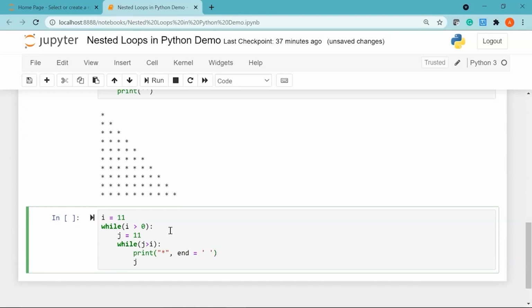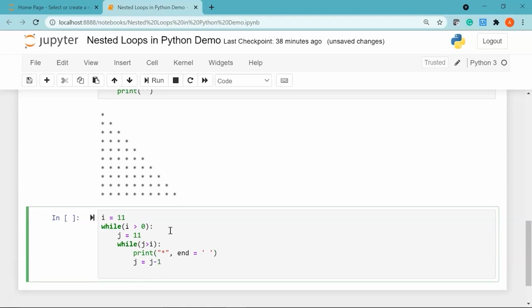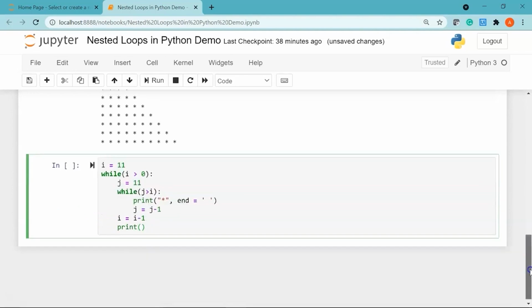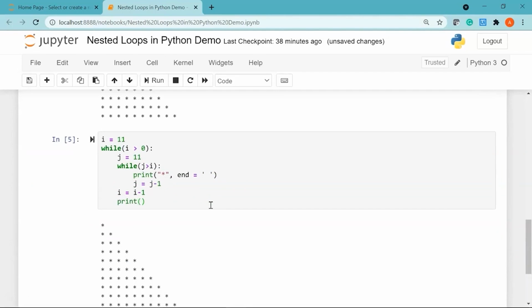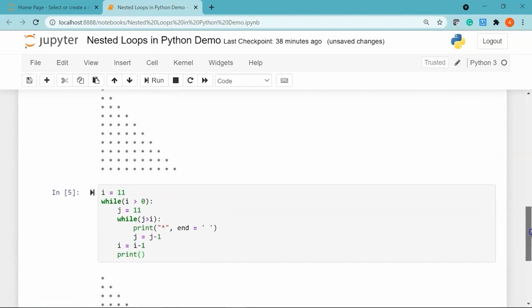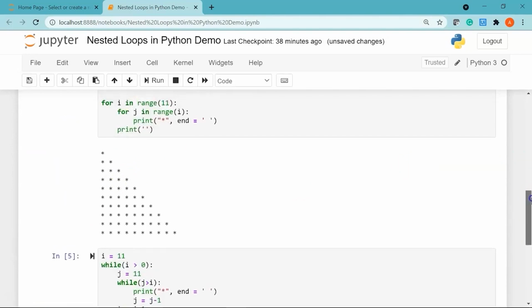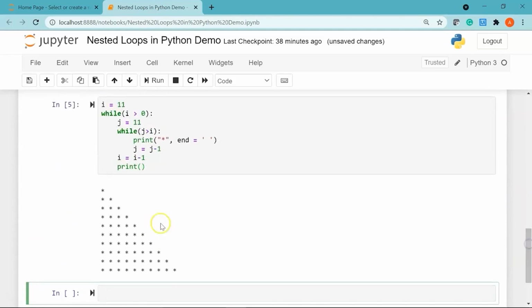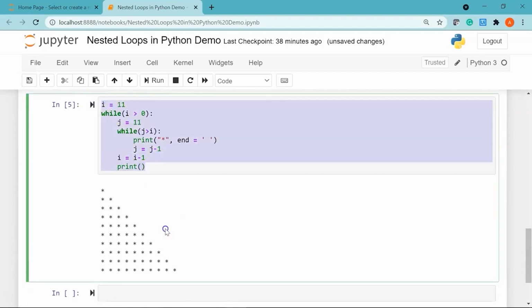Then we are going to decrement j by 1. I'll come out of the inner while loop and I'll say I equal to I minus 1. So we are also decrementing the first variable I by 1, and now I'll say print. Okay, so let me run this. You can see it here. We have the same pattern printed. Earlier we saw this using 2 for loops, and now we have created the same pattern using 2 while loops. Alright,